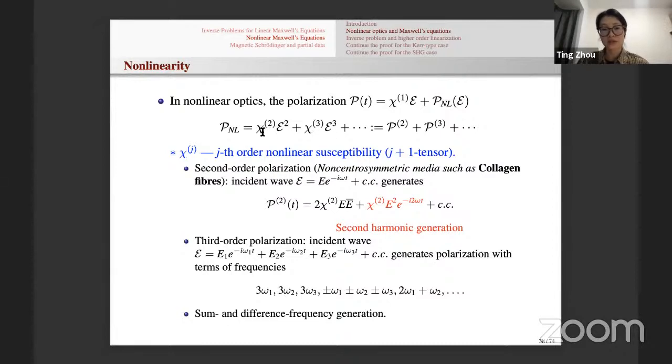Rigorously, you should think of the chi2, chi3. These are J+1 tensors. Okay, they act on the one forms E, and for M_NL will be on H. But you do have something like this kind of nonlinear Taylor expansion you can think of for the polarization. Second order polarization usually happens in non-centrosymmetric media, such as the collagen fibers we've seen earlier in the